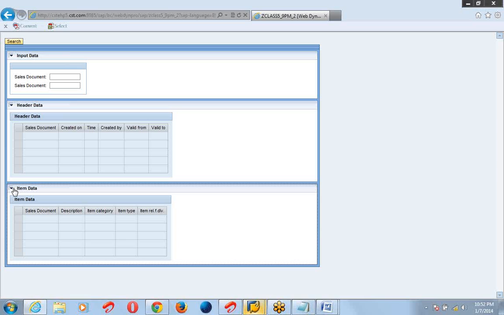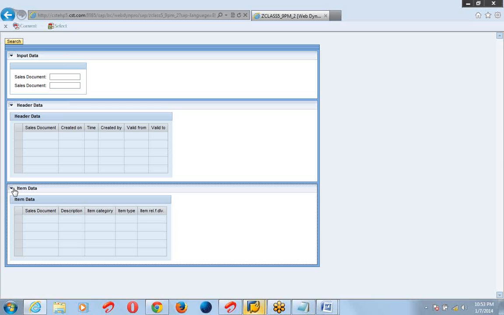Now in future, maybe in the next class, we will see if I do not want to see this table, I want to see only this table. Just after starting the application, there should be only the input field. There will be no header data table and no item data table. When I click on the search button, the header data table will appear.